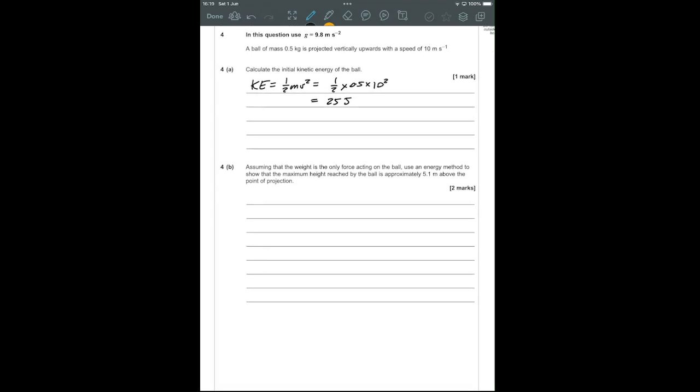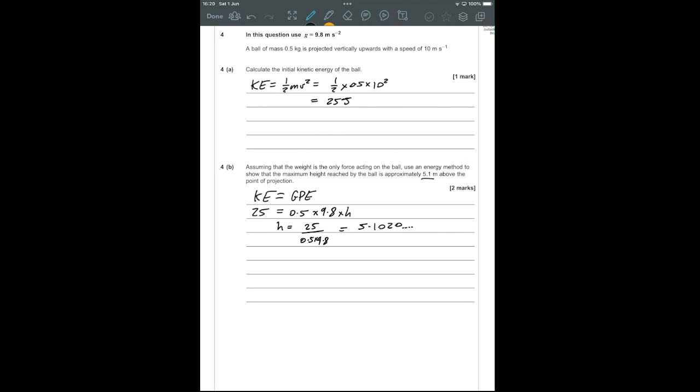Assuming that the weight is the only force, use an energy method to show the maximum height is approximately that. So it's a show that question, so we know what we're aiming for. Because gravity is the only force, our kinetic energy is converted into gravitational potential only. So 25 joules, I realised my J up there looked more like a 5, equals 0.5 times 9.8, which the question told me to use, times H. Because it's a show that question, I'm going to make it really obvious to the examiner what I'm typing into my calculator. 25 divided by 0.5 g is giving me